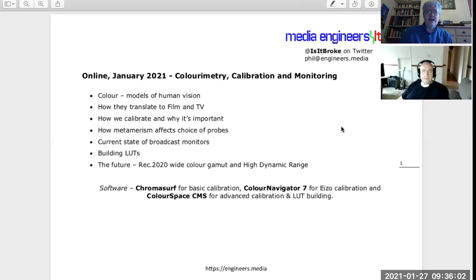So today is going to be about Rec 709, HD television calibration. We'll talk about P3, the film standard, and we'll talk about Rec 2020 wide color gamut for UHD television and Netflix. But all our calibration efforts today are going to be around Rec 709 for broadcast television, as it is at the moment. And in truth, of all the calibrating I do, all the places I go, that is the vast majority of the work I do. 95% of the work I do is